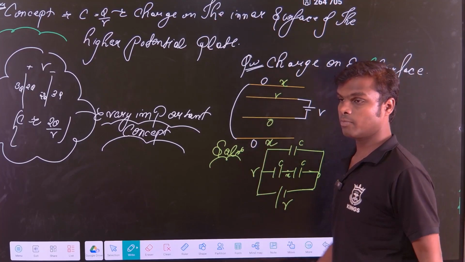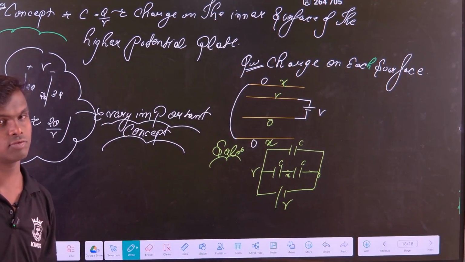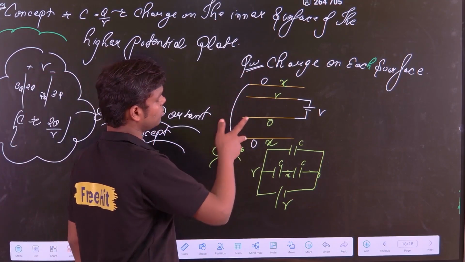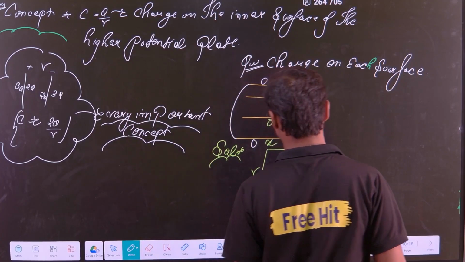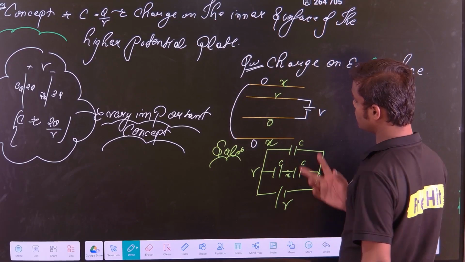Or if you remember the formula, if the initial charge is 0 and the final charge is 0, what is the charge on the outer surface? It is (Q1 plus Q2) by 2. What is Q1? 0. Q2 is 0. So 0 plus 0 divided by 2, that is 0 only. Now the next thing is that if you calculate the capacitance,